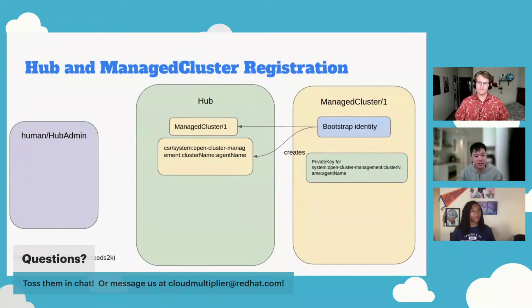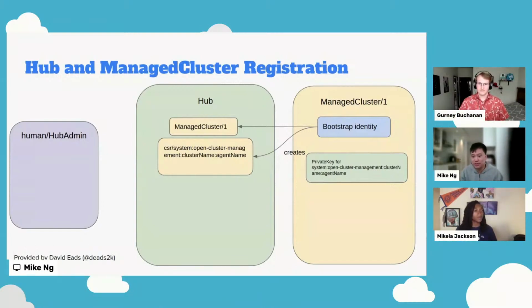So I'm going to be using some of the slides that were provided by David Ease. David Ease is one of the key contributors of the Kubernetes project. On the GitHub side, he was probably participating in the project since the very beginning, from when Google open sourced the Kubernetes project. So my explanation is probably not going to be on par with his, but I'm going to give it a try.